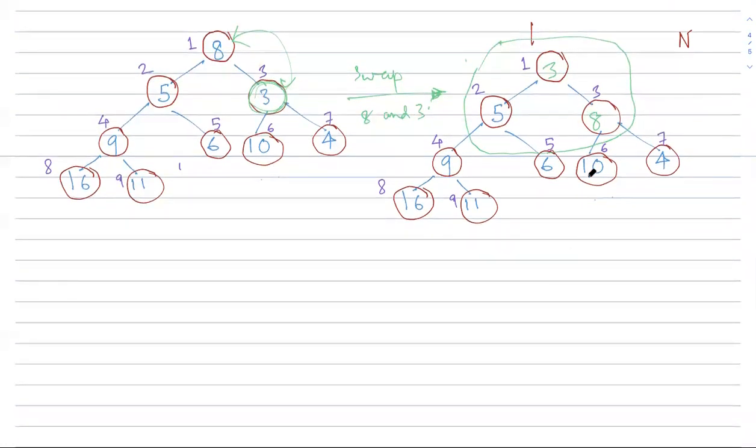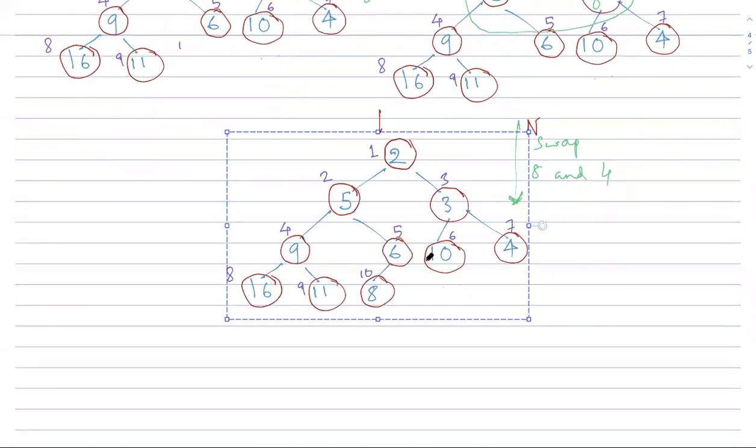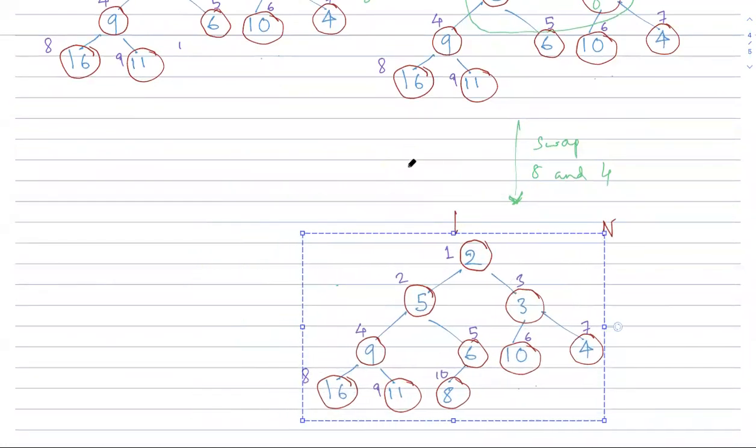So now our attention goes to where 8 went, which is this region. And you can see that the heap order property is still violated because 4 is less than 8. So therefore, it's going to pick the minimum of the two, which is 4. So it's going to swap 8 and 4. And then the configuration would be